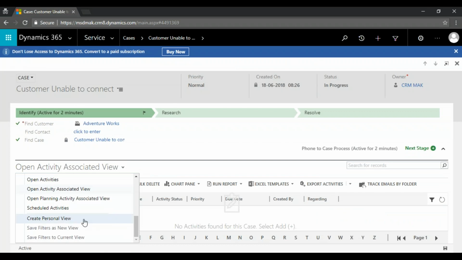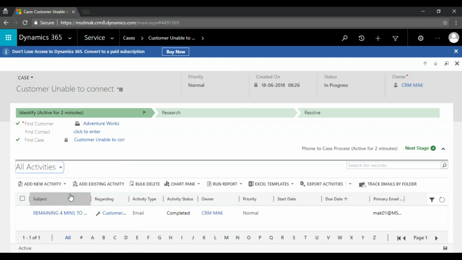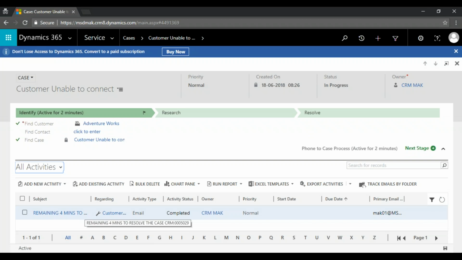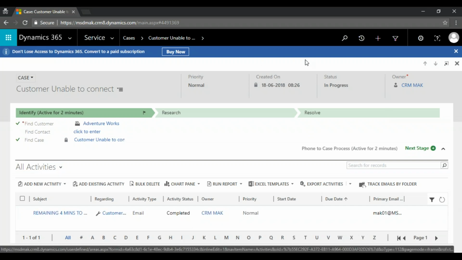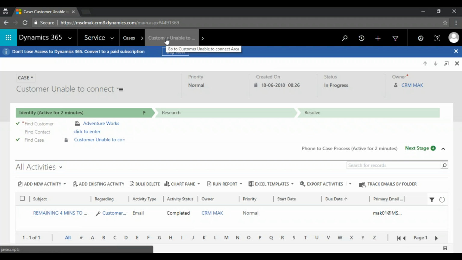Yes, so here the email got triggered. Now still it is in countdown.